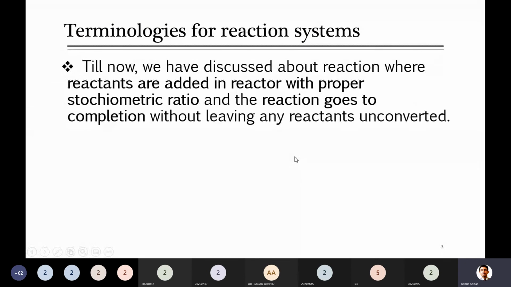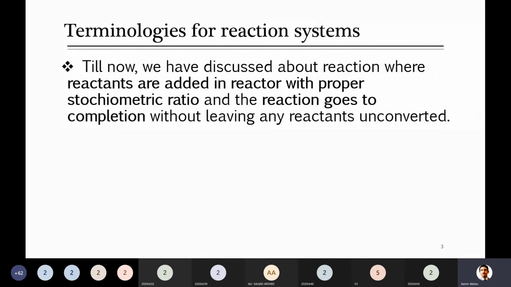Up to here, when we discussed something, I told you that mostly the reaction is 100%, that is, 100% conversion is taking place. For example, when there is 1 mole of CH4, you need 2 moles of oxygen for the complete reaction. Sometimes these are not in the specific ratio. As we discussed, when there are 50 moles of CH4 and at the same time 50 moles of oxygen, that will not be a complete reaction because some of the methane will be left over, unreacted in the system.